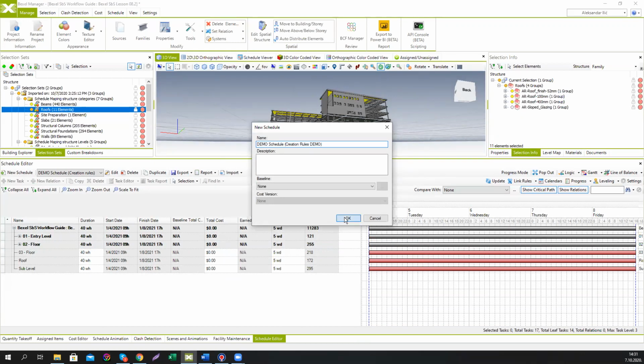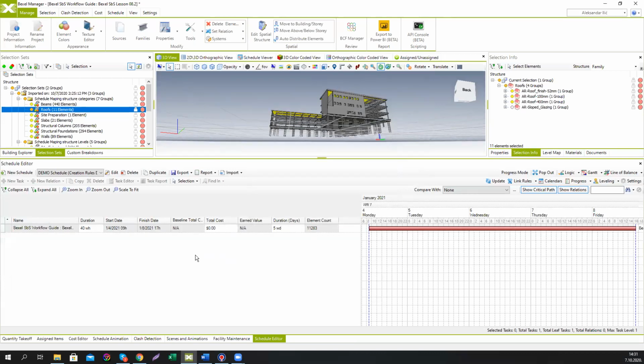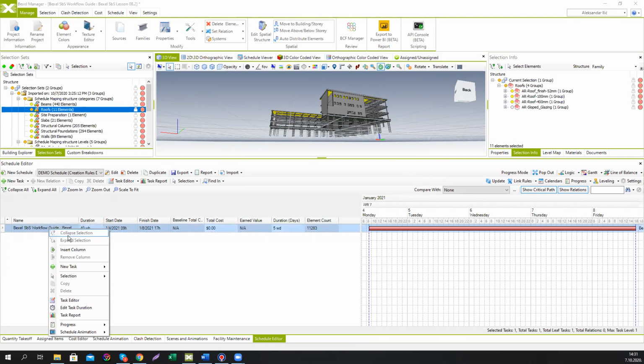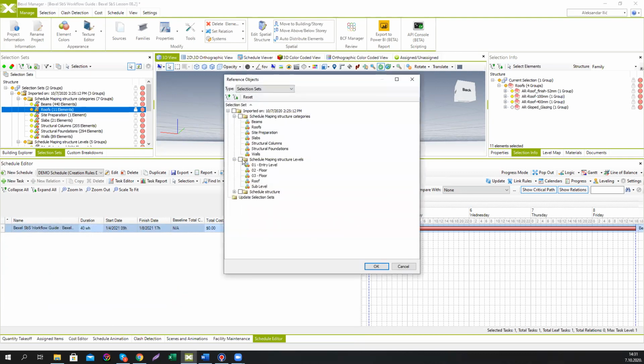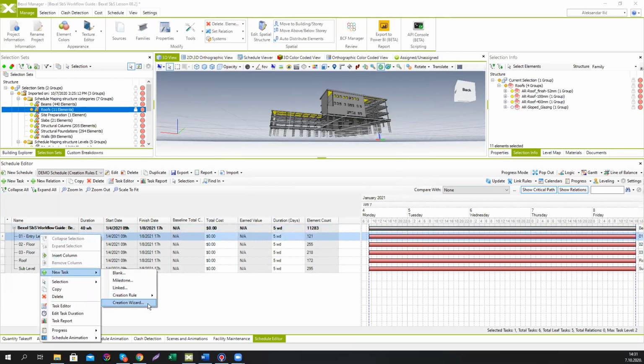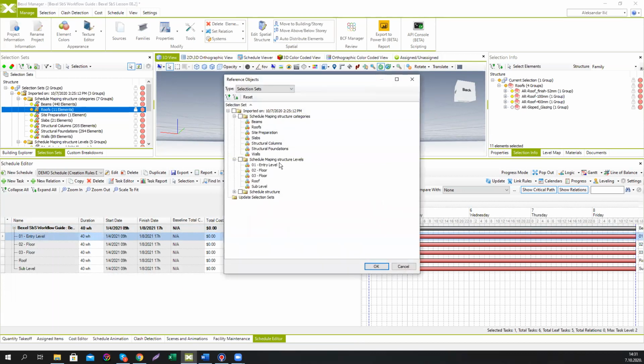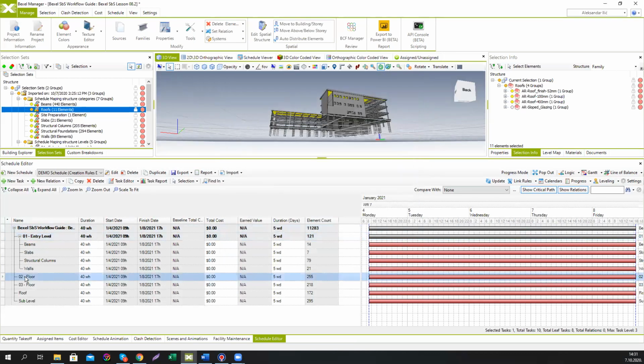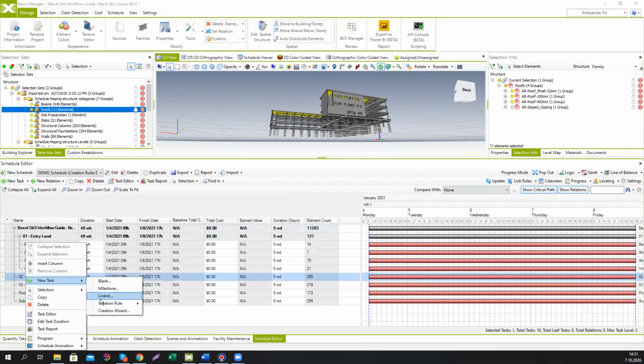Okay. So again, we have created a completely blank schedule with only one task. We can go to create by creation rule, first level of organization, and we're going to get these 5 main floors as organization, and we can repeat this for every floor with the categories. So just use the same workflow